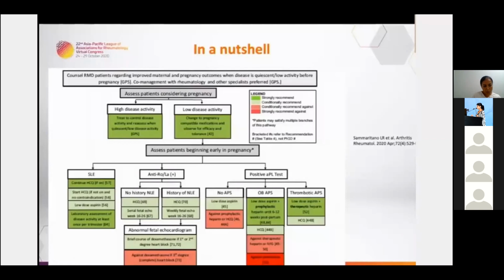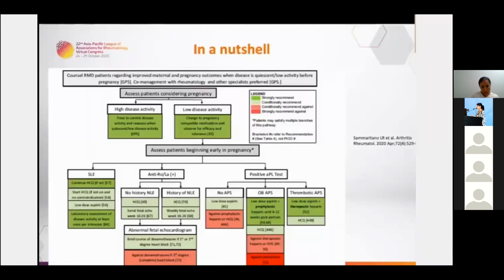And these patients should be assessed regularly for disease activity, at least once per trimester. And if the anti-Ro/La antibodies are positive, and if there's no history of neonatal lupus in the past pregnancies, HCQ can be continued,